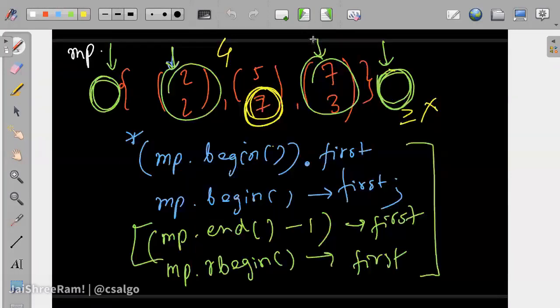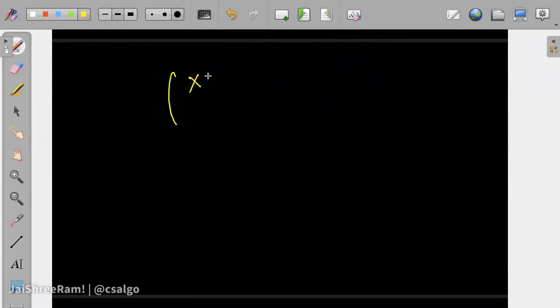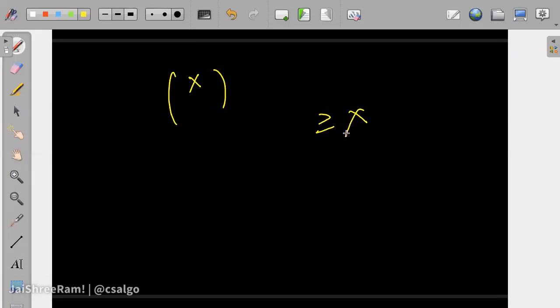So over here as well we will need to find the element which is greater than or equal to x in its key, right? So remember in an array, how do we find the element greater than or equal to some particular value x? Which one do we use? Anyone? Okay, it's lower bound. When you have to find the iterator to the element which is greater than or equal to x, you use lower bound. When it's greater than x, you use upper bound.